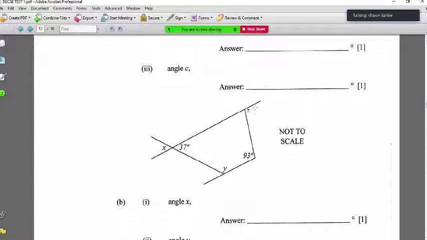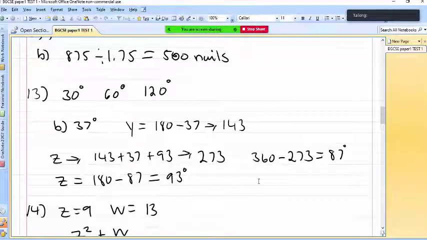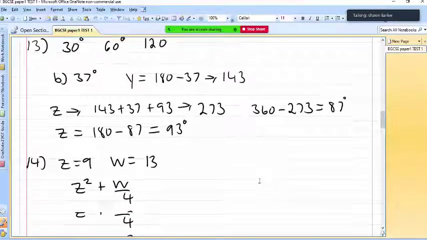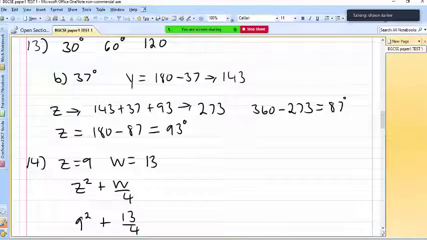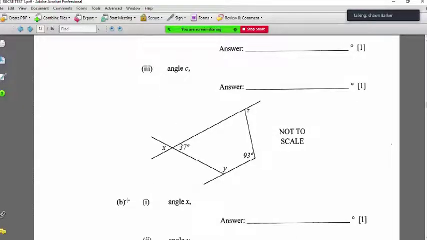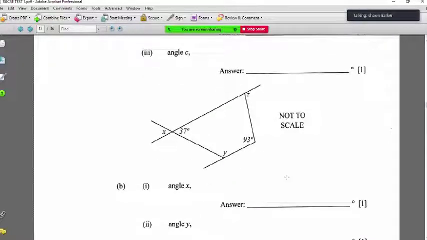Because these two lines here are parallel, this angle here is equal to this angle right here, the x. So 37 and 37, those are equal. These are the types of information we're going to have to be readily aware of when we're looking at diagrams and triangles, etc. All right, so right here we have angle B. Automatically, we know that first it says angle x. So we know that's going to be 37 degrees. Okay, so that's easy, straightforward.